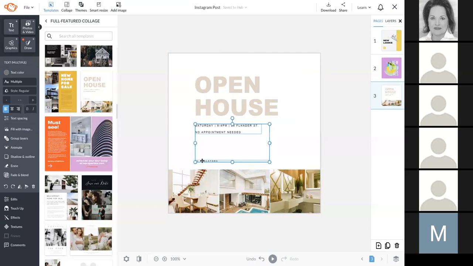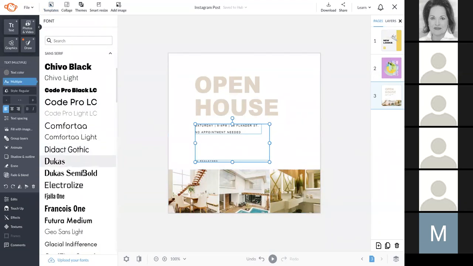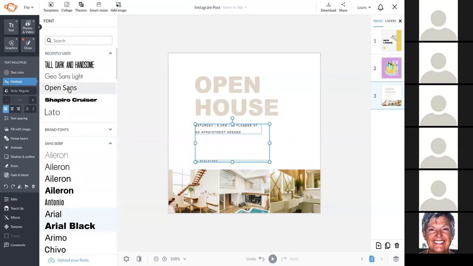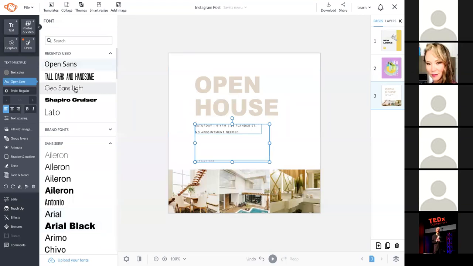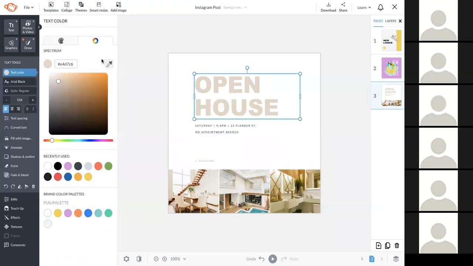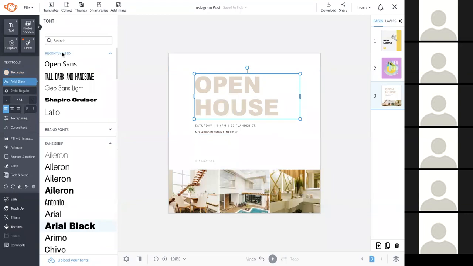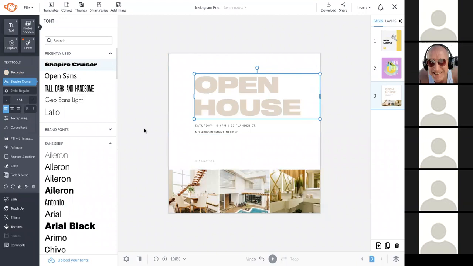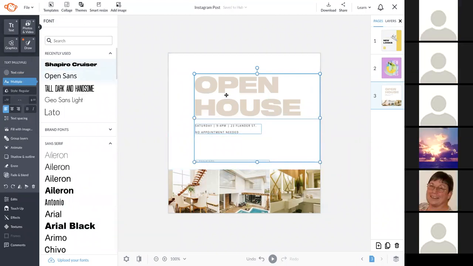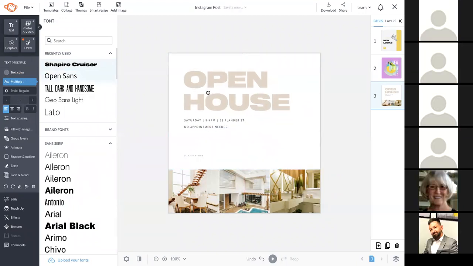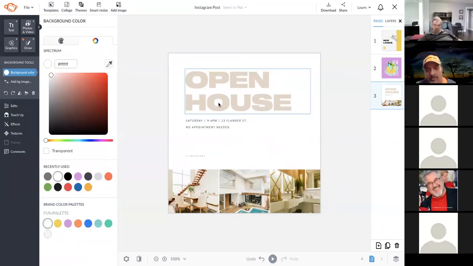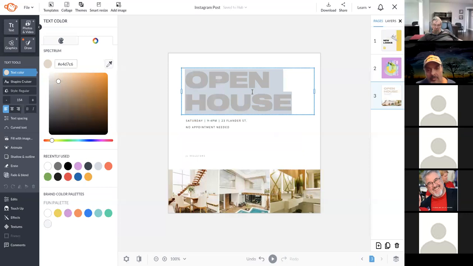I'm multi-selecting the 2 text layers so that I can change it to one of my fonts that I feel like using. I'm going to go to my recently used and choose from there. And same for the title. And if I'm going too fast for this, let me know. I'm kind of clicking through a little bit quicker because it's a little bit basic. I am selecting all of these and I'm just moving it to have a little bit better composition for my eye. And then I'm going to change my copy to